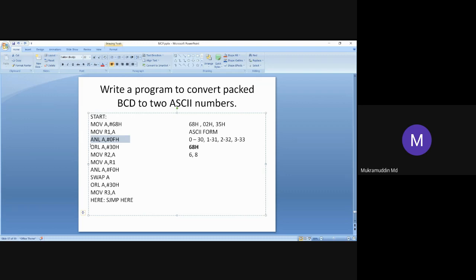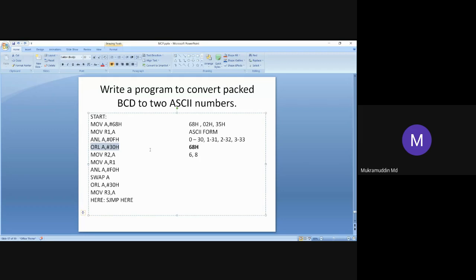Now let us move to the next instruction, ORL A comma hash 30H. Here in the A register there is the 08H value, and OR logic is applied between 08H and 30H.